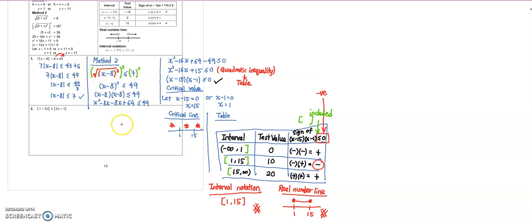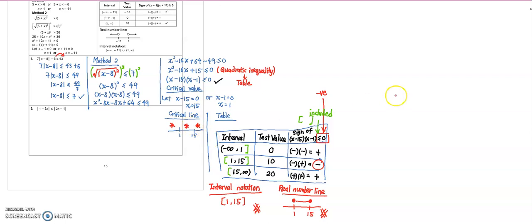Kita boleh lihat method 1 ni, tadi yang kita tengok tu, first method lagi cepat. Tapi you kena ingatlah formula dia. Bila less than macam mana, bila greater than macam mana. This is method 2. Method 2, we just have to choose the sign. Kita tak payah risaulah less than, greater than macam mana. Kita just choose the correct sign saja. Dan jawapan dia sama. So this is the answer for question number 1.